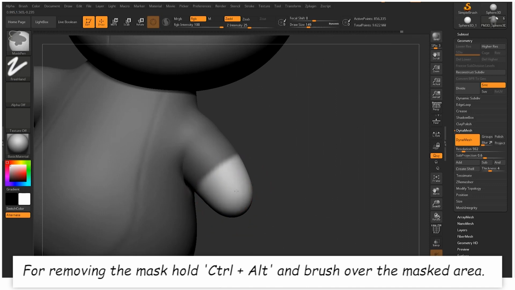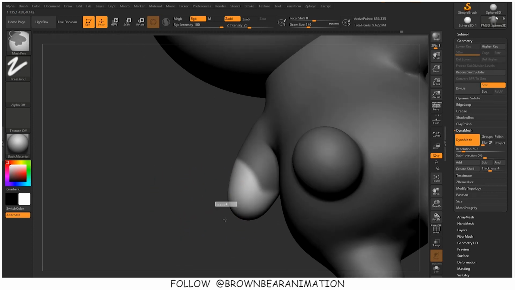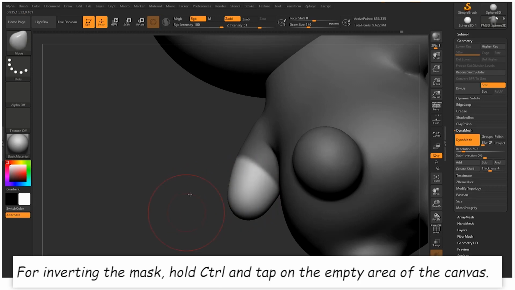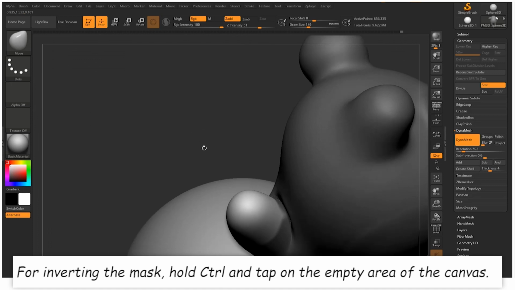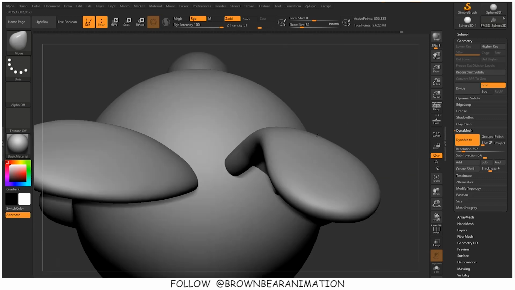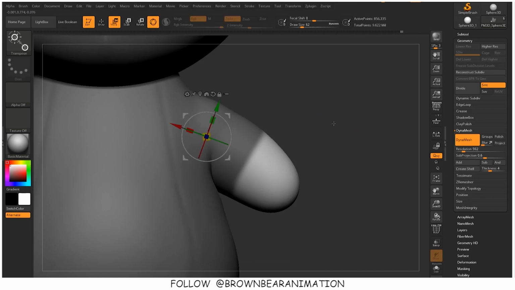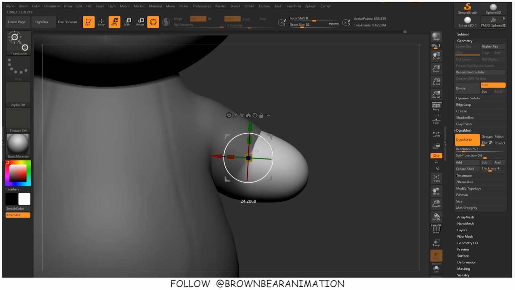Also, one of the most important parts of this video is the posing part. Whenever you sculpt a character, you make sure that at the time of final rendering you have an image with the character posed. Means you want the character to be in a pose, then you can render out the final image. In this example, for that I am using the masking trick. I have masked out the hands, and by holding Control on the keyboard and tapping on the mesh, I am blurring out the mask. Then by gizmo tool I am rotating the arms.